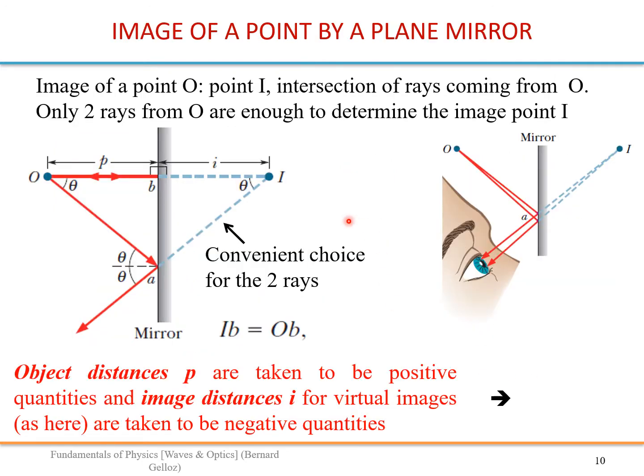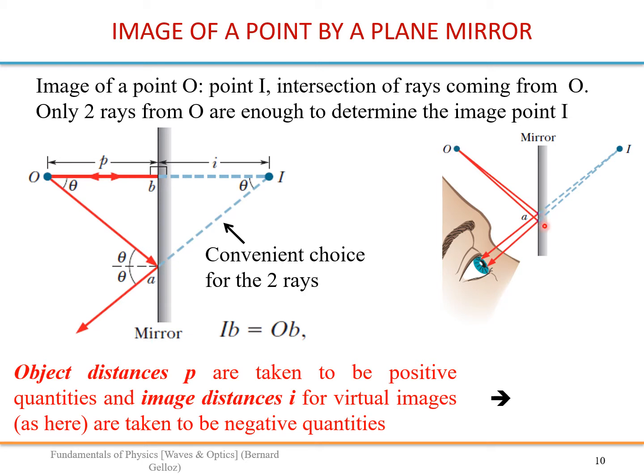All right. So here we are going to see two important things. The first one is you only need two rays to find out the image of a point object. For example, let's take that example first. Your object is here, the point, and all the rays intersecting your eye are in between these two extreme rays.